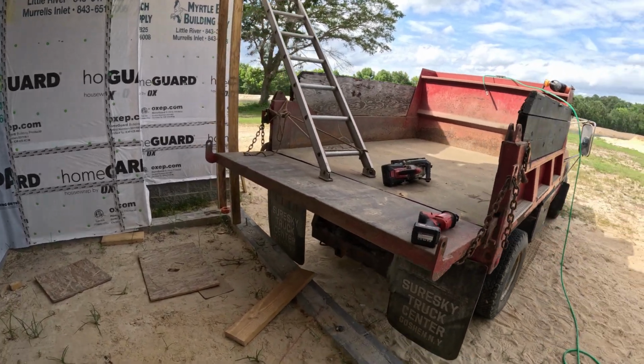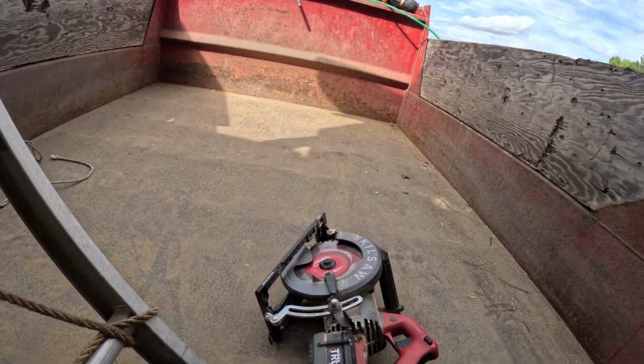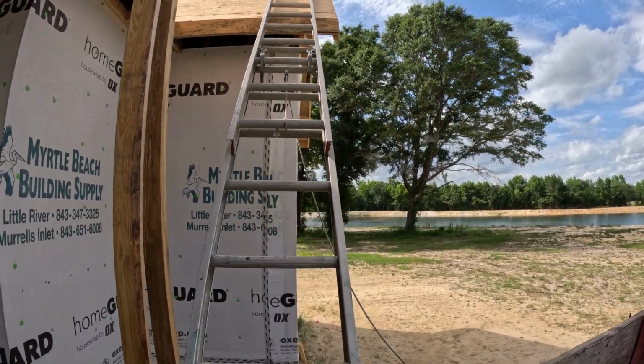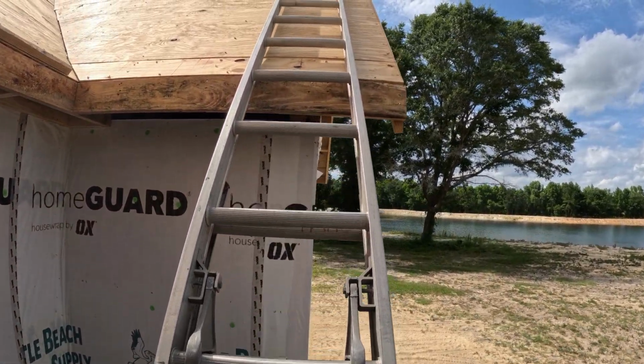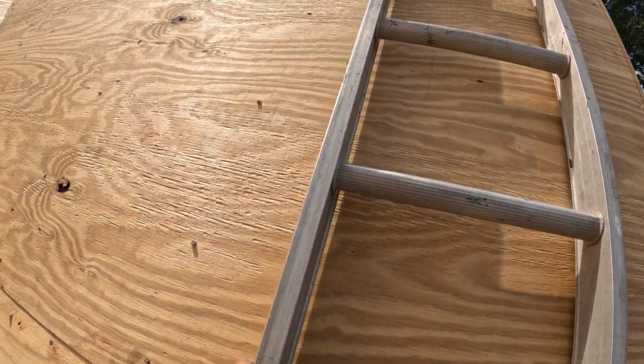So I'll cut this in here just so you don't think that I'm exaggerating. Let me hop up in the truck. This is a 14 and 12 pitch, which, if you don't know, is very steep. You can't walk on that. But look